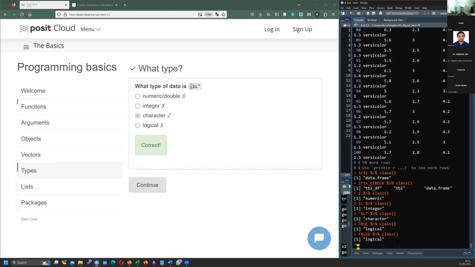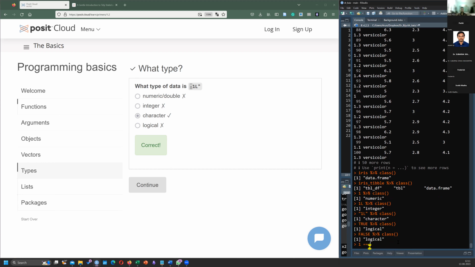For example, is 1 equals to 1? That's a question that you want to ask, and you can ask its class. What should its class be? True or false? Logical. I mean, it can be 1 equals to 2. That's also logical because that amounts to false, isn't it?